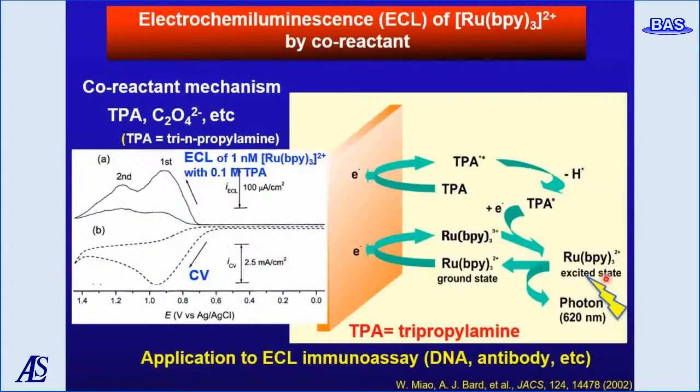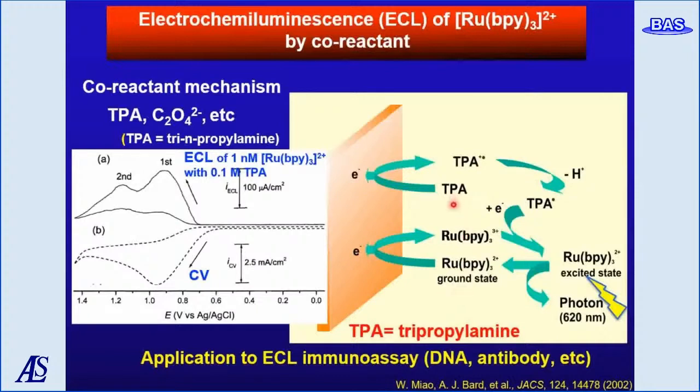For ECL, another mechanism was developed, a single potential setup using a co-reactant. A co-reactant is a species that, under oxidation or reduction, produces an intermediate that can react with the luminophore to produce an excited state. The most well-known combination is the ruthenium bipyridine 3 2 plus